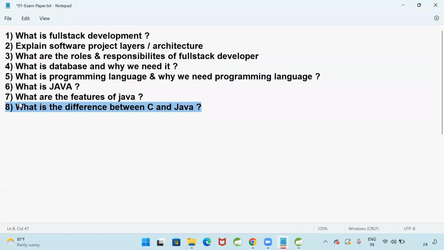Eighth question. What is the difference between C and Java?